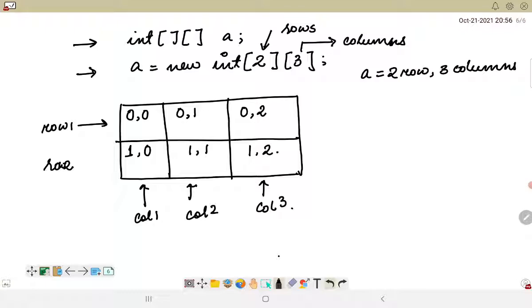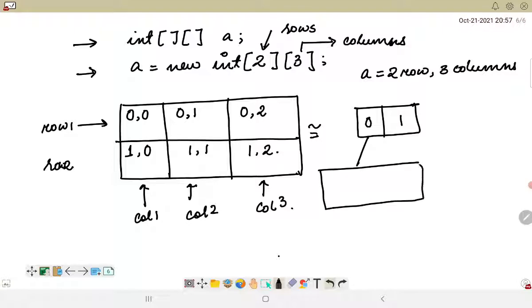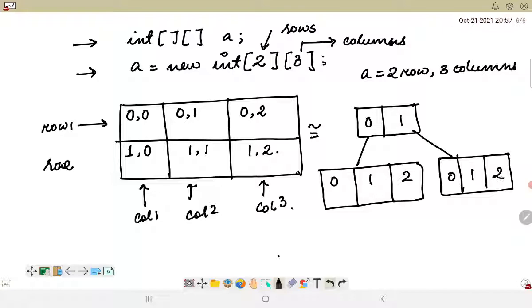1 2. Now this is exactly equivalent to the array representation where we are creating another array with the index positions 0 and 1, and this 0 represents the first row which has 0 1 2, and this one will have 0 1 and 2 respectively.